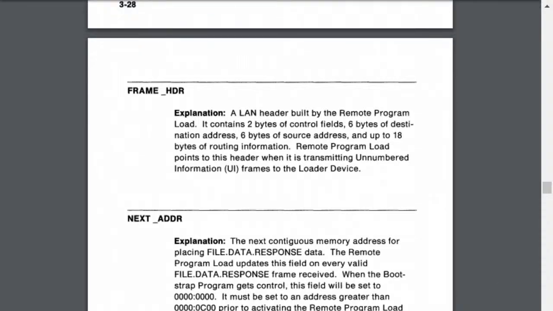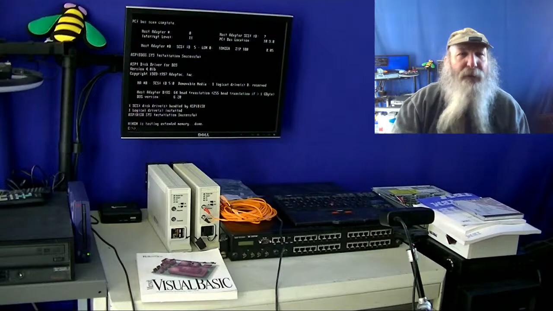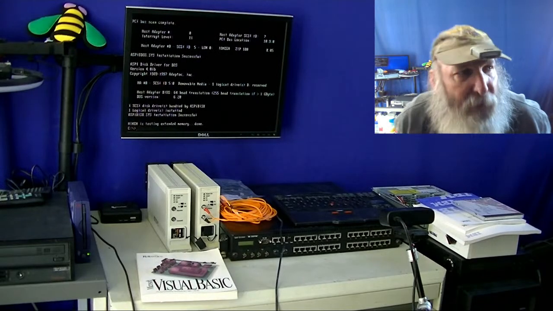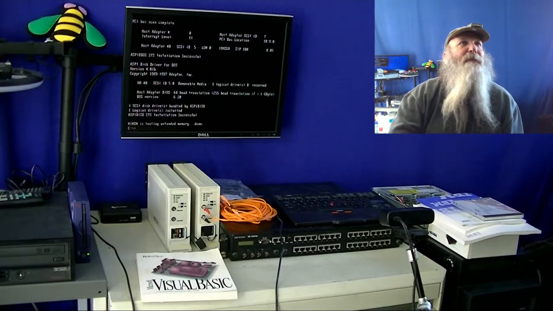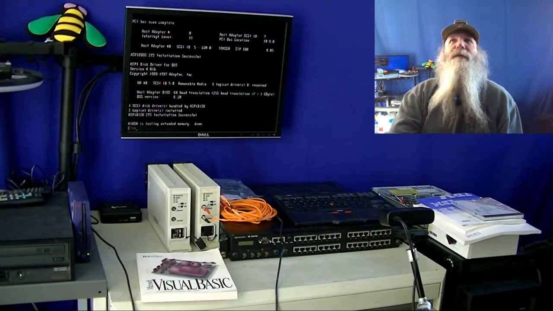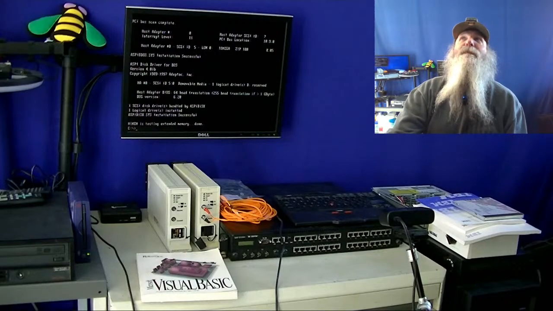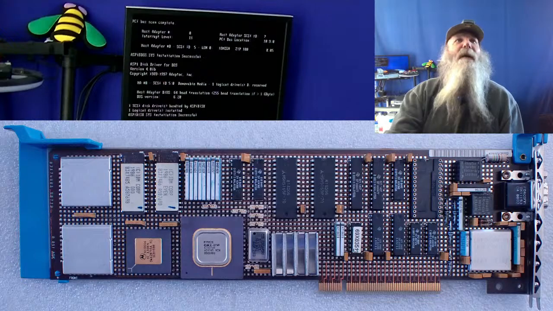Let's get that browser capture out of the way. Get me back up on the screen. But I did pictures of all the different adapters. There's the long adapter again,